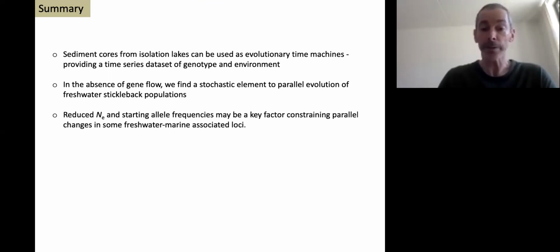So there could be much more stochasticity than you would perhaps expect from the current literature. In fact, there's just been a paper out in the past week by Fang et al. in Nature Ecology and Evolution, which suggests there is this stochasticity or this reduced parallelism when you compare the Pacific to the Atlantic, due to this founder effect and loss of genetic diversity during that process. And what we're suggesting is actually quite a similar process here, but on a lake-by-lake basis, so that you might end up with this variation in stickleback evolution because of these constraining factors.